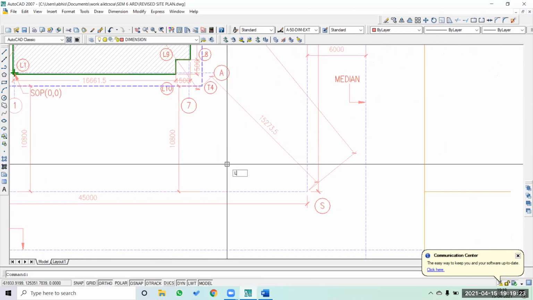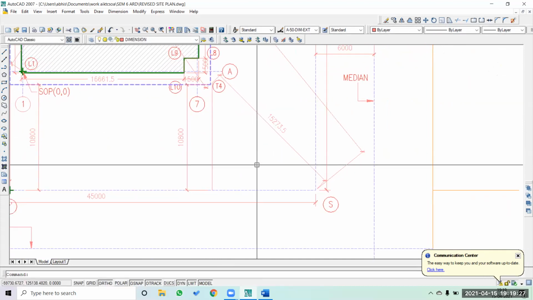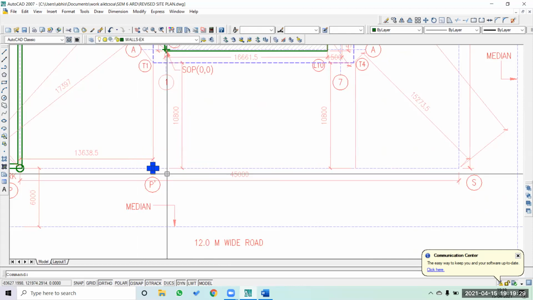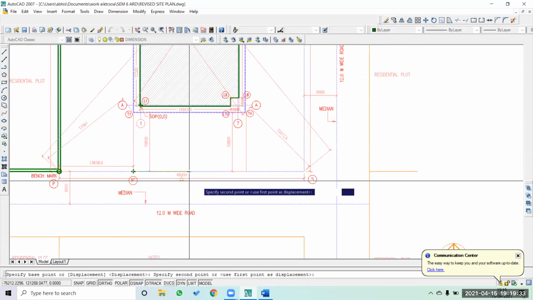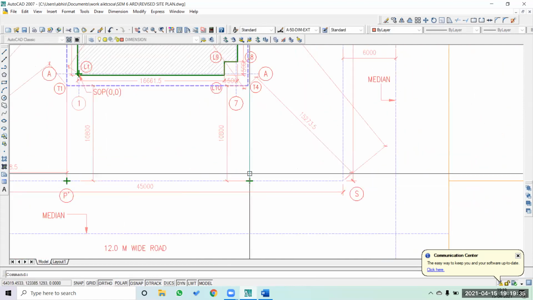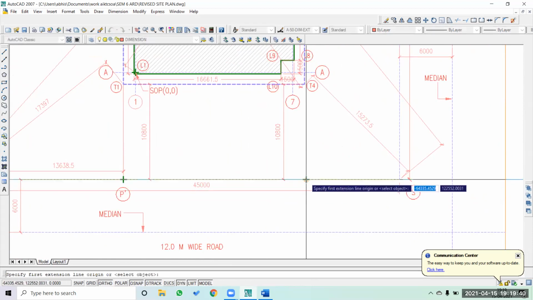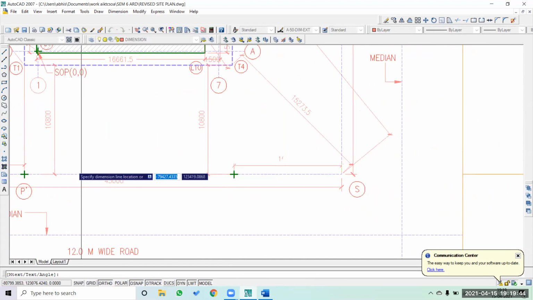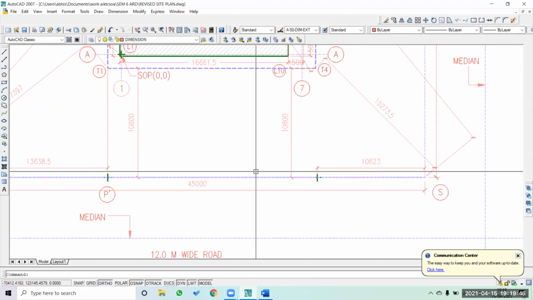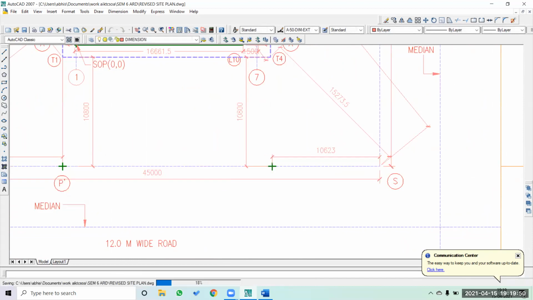As I said, this particular point needs to be marked on PS, so we'll again use this particular tick which we have generated. Just keep it here, and now we will give dimension from this. Never forget to make parallel dimensioning alignment.